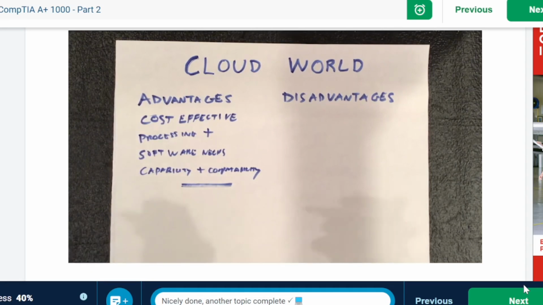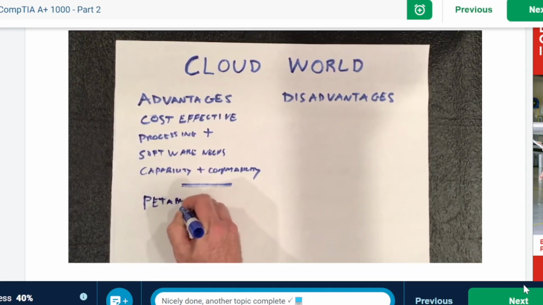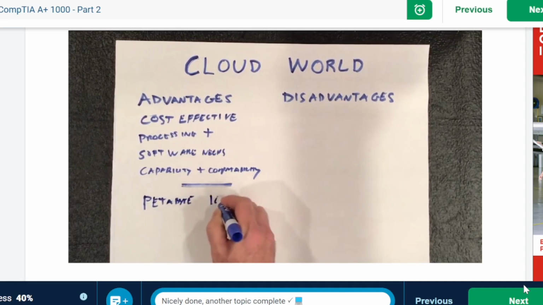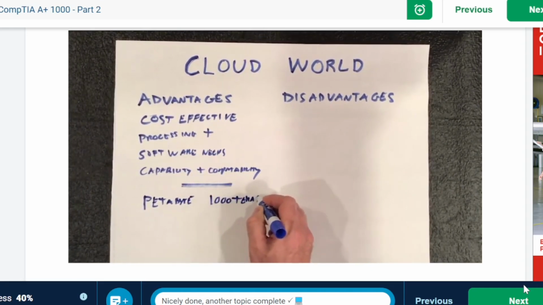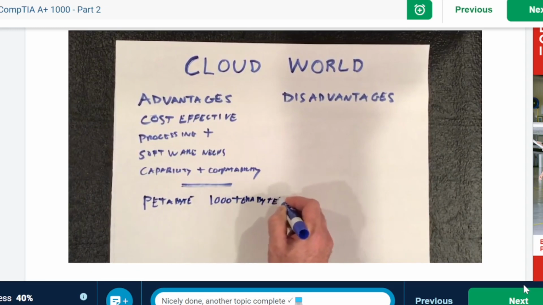One thing I want to talk about was some of the size. In the last video, I was talking about gigabytes and terabytes, but now for some of the cloud services, you can get what's called a petabyte. And a petabyte is actually 1,000 terabytes. I mean, that's phenomenal capacity compared to anything we've ever had, historically as far as the IT field.